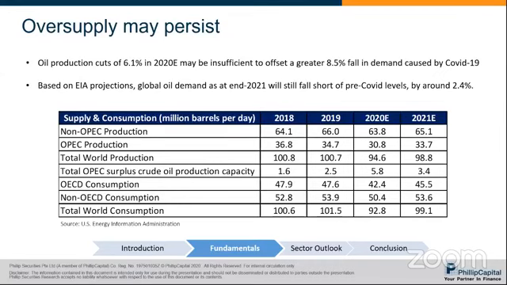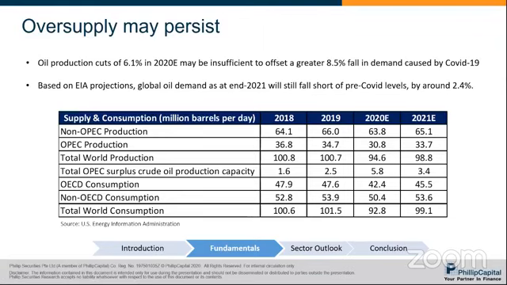And for the energy sector, for oil and gas, we believe the oversupply situation will be here to stay. Because in 2020 itself, we are seeing an oil production cut of around 6.1%. But with the COVID situation, it's estimated to have an 8.5% fall in global oil demand. And with this resurgence of COVID cases now, there could be a further fall in demand. So the production cuts now are definitely not enough to unlock this oil glut itself.